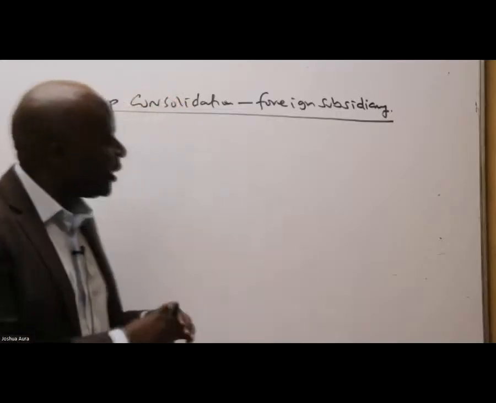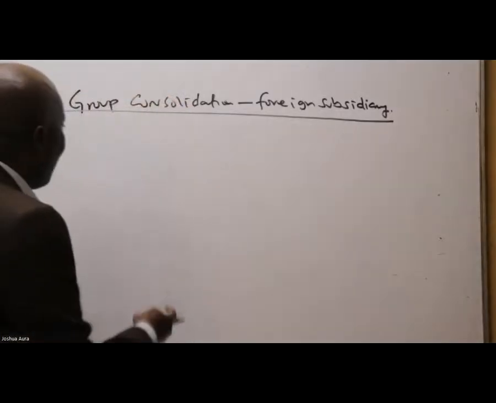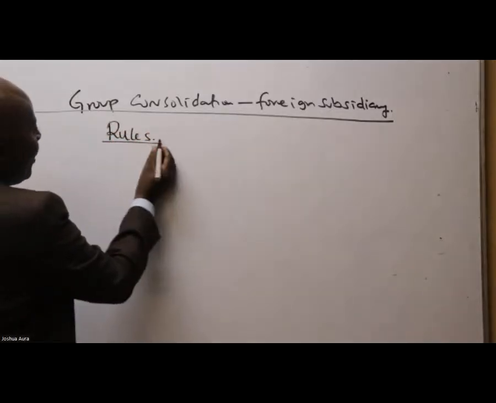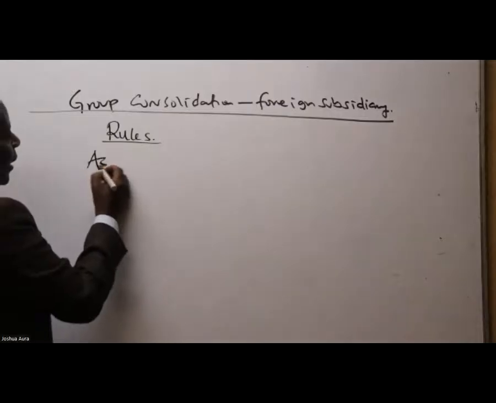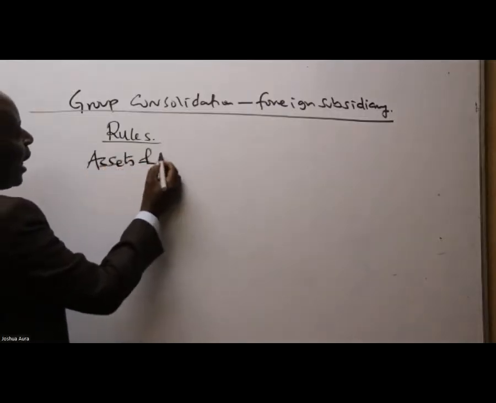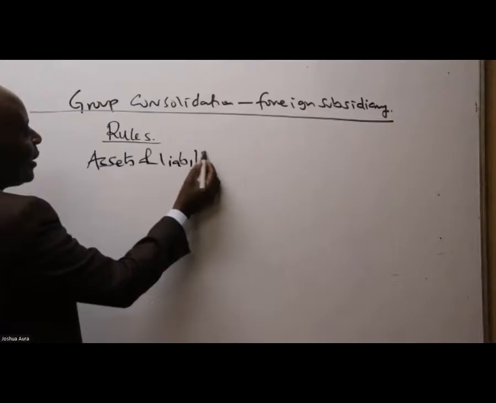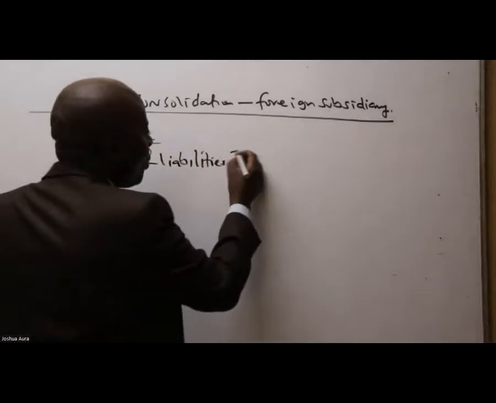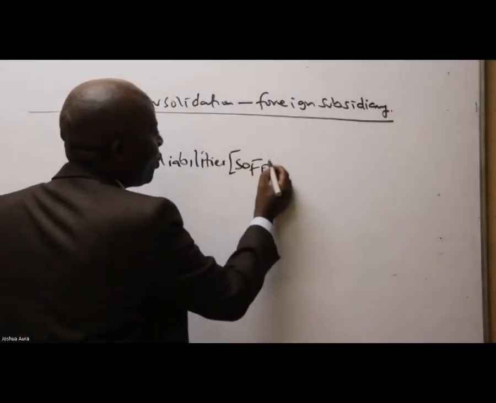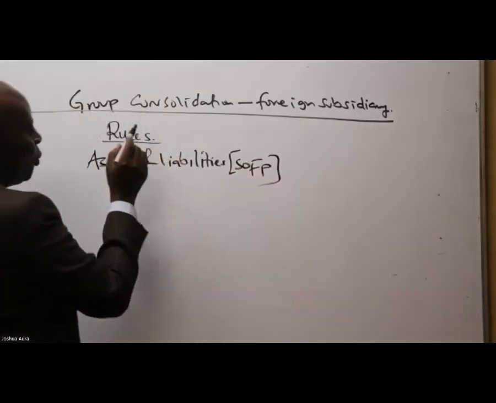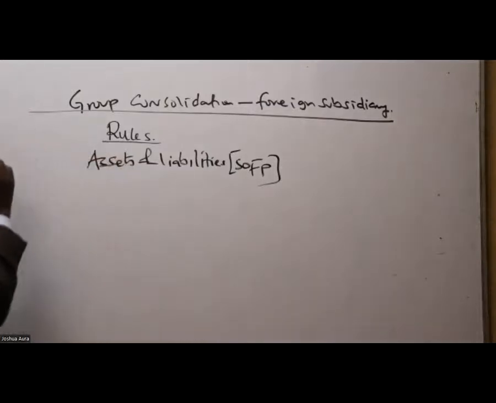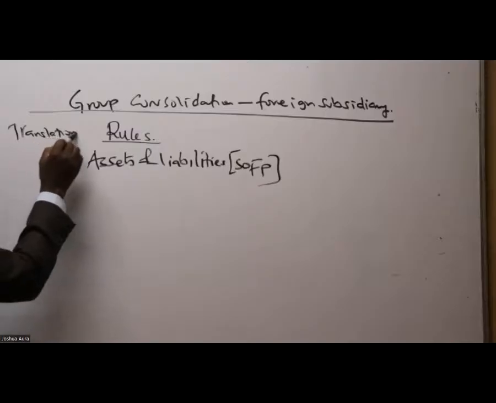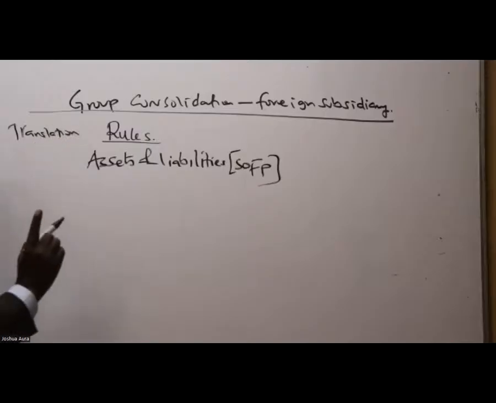Now, when we are translating, what rules are we supposed to remember? Basic rules. The basic rule is that assets and liabilities, where are these found? These are found in the statement of financial position. Remember, these are rules of translation. So translation rules. So assets and liabilities,